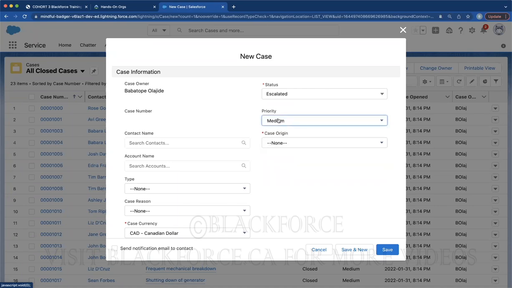This is something that is driven based on business. It is not your job as an admin to configure priority. We have the default priorities. However, you can change all this. It can be hot, warm, cold. It can be